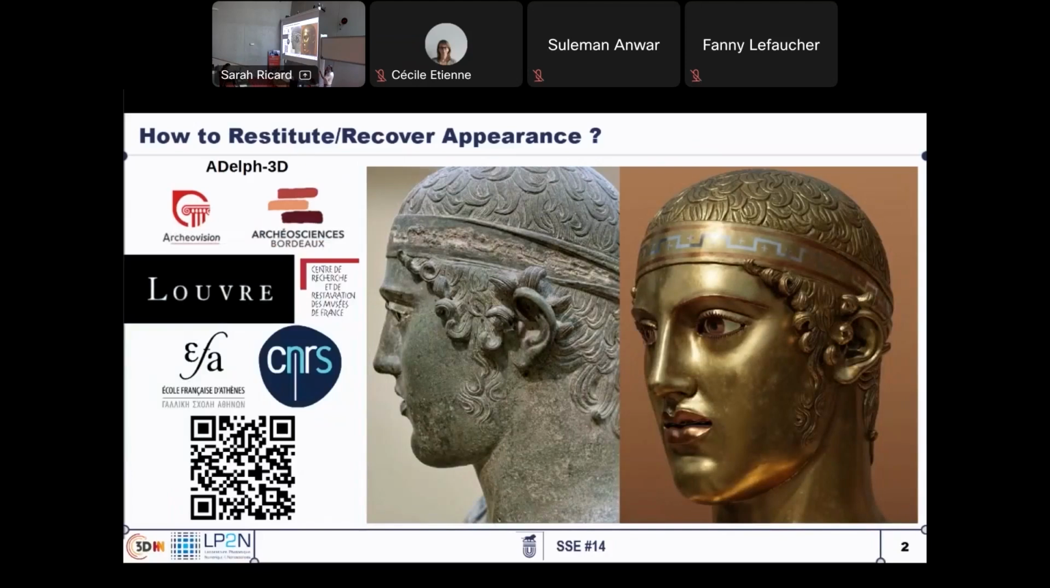So I've taken this example. This is an ongoing project called Adelph 3D with all these partners. And this is the first restitution that has been done. And unfortunately, I have to say that now this has been done manually using 3D tools, 3D relief, and so on, and only validated by the expertise of Benoît,